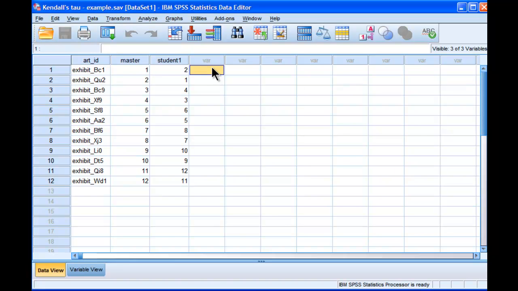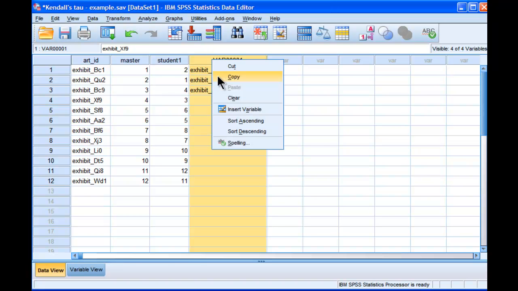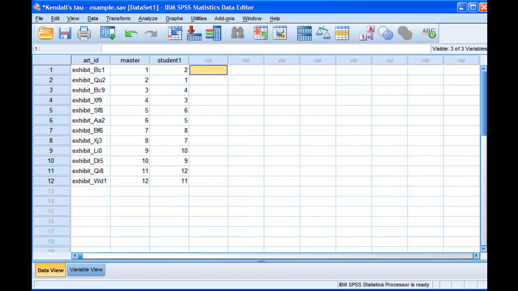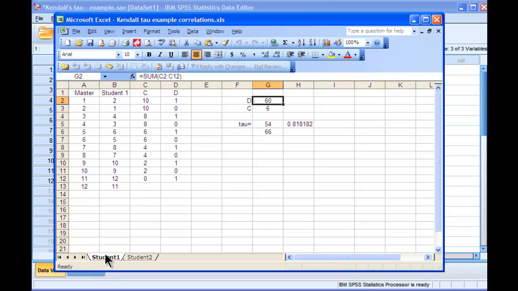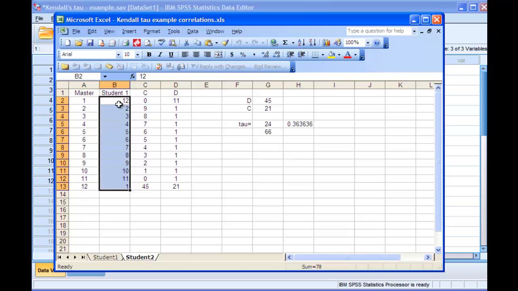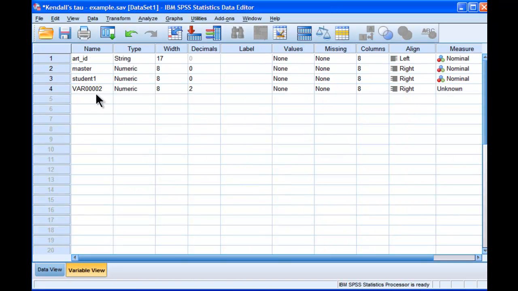We're going to call it student B. Oh, that didn't work out. Let me just delete that. Okay, and I'm going to get the data for this student here. That's student 1. Actually, I've made that mistake, student 2. But I'm just going to get some different data to show us what it looks like. In this case here, student 2